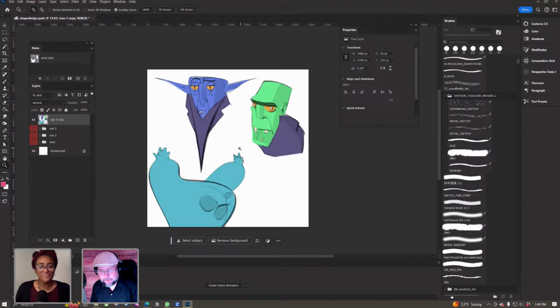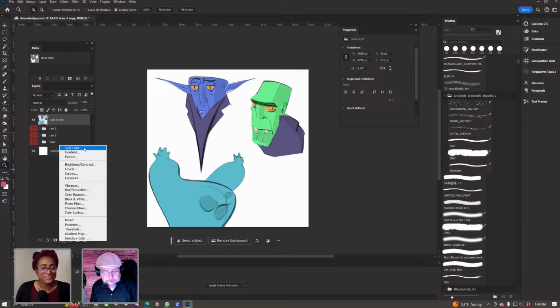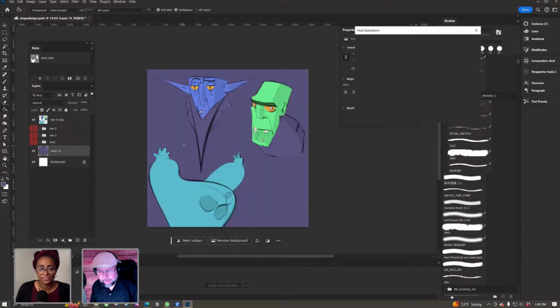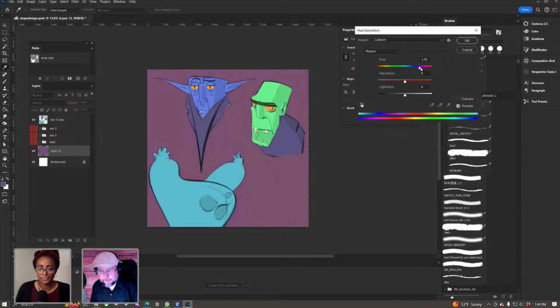Here's the fun part that I like doing. I'm going to do a couple of things to really make these guys pop out. I have them all on one layer. Everything's flattened now, so I can't do anything more. So I come in here, and these things are golden to me. I use them for everything. First, let's pick a background color, and I'm going to hit Command or Control U and just see what gives a good color. I'm sliding the hue back and forth. I'll find whatever works for me, just to have a little bit of oomph to it.